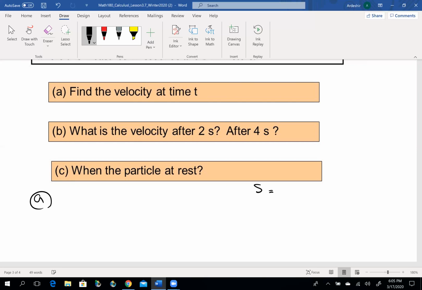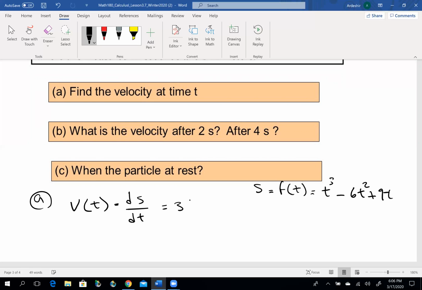So the function is s equal to f of t equal to t cubed minus 6t squared plus 9t. Okay, guys, again, when I want to find the velocity at time t, I'm going to take a derivative of this function. So the velocity at time t is equal to the derivative of the function with respect to t. So if I take a derivative of t cubed with respect to t, it's going to be